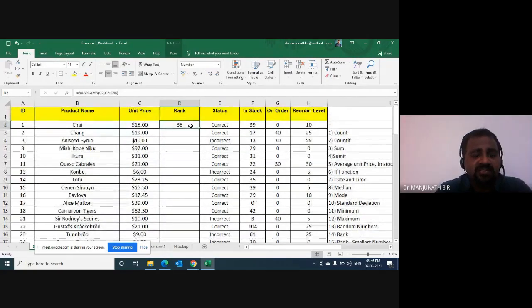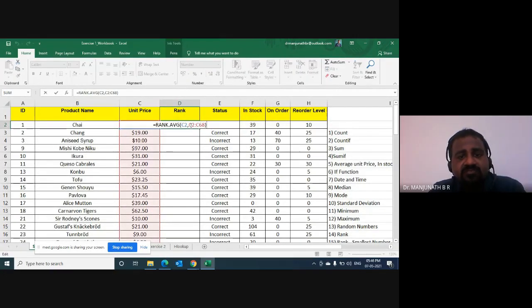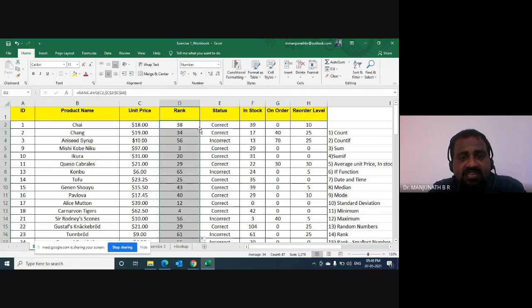I also know that I should fix the range, so I'll edit the formula by clicking F2. I select the range C2 to C68 and press F4 so that I can see the application of the dollar sign. Now I'll double click, I get the output.